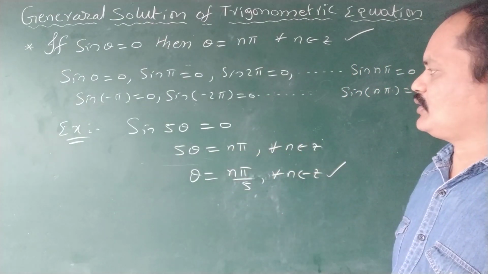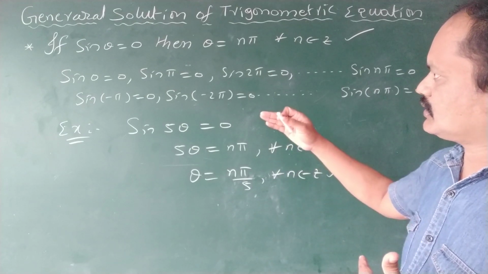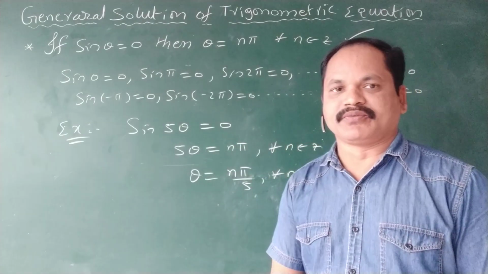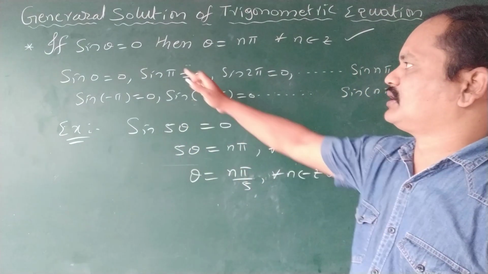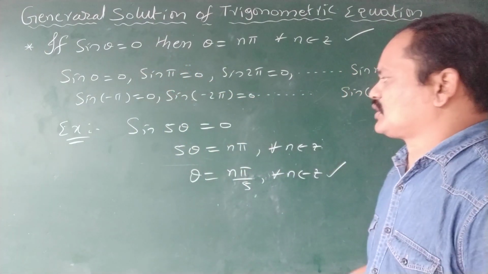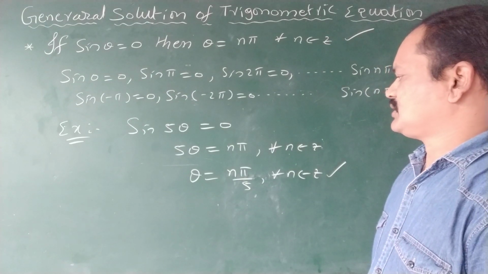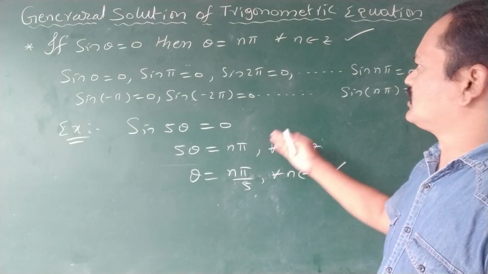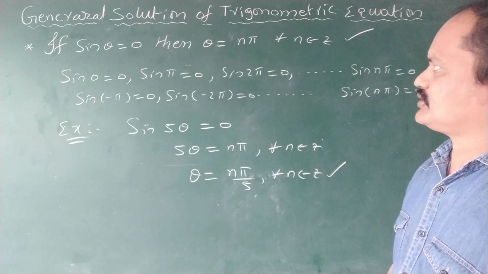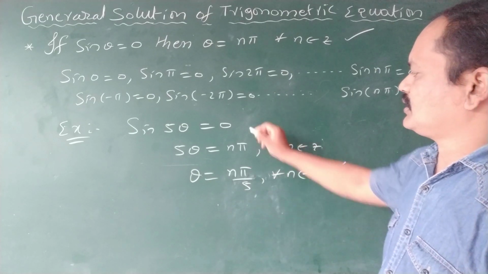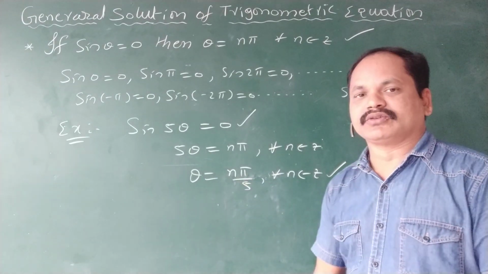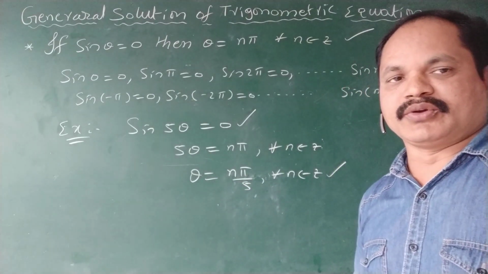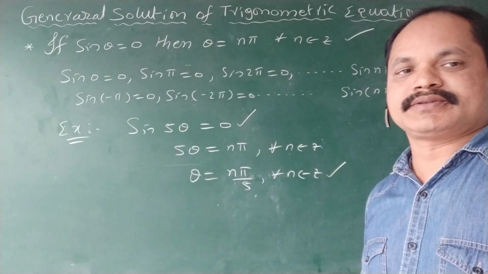The unknown angle of a trigonometric function that satisfies the equation is what we solve for in a trigonometric equation. That's why, according to the general form of the general solution, for the trigonometric equation sine 5 theta is equal to 0, theta is equal to n pi. That's all. Now we are going to cos.